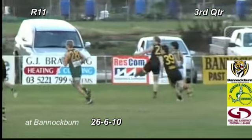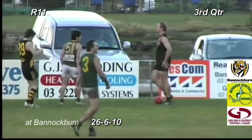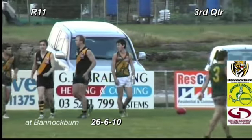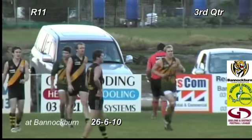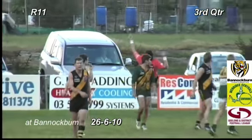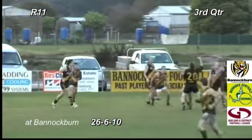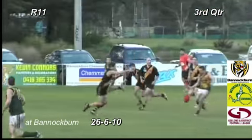So the ball's with Todoro on the half forward line. Handballs over the top. Nicholson going the other way, just taps it back. Went actually through Todoro's legs and over the boundary line. Umpire will throw it in about 10 metres around from that 50-metre line. Umpire throws it back into play now. Good work from Leach in front, goes towards Cornish, little quick kick, finds Quarrier,